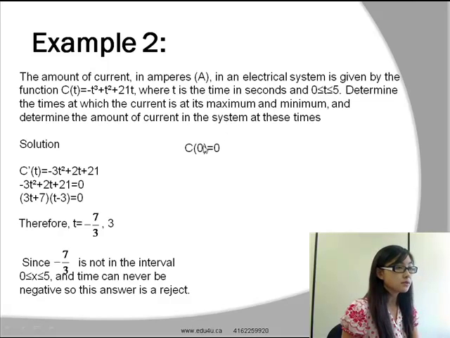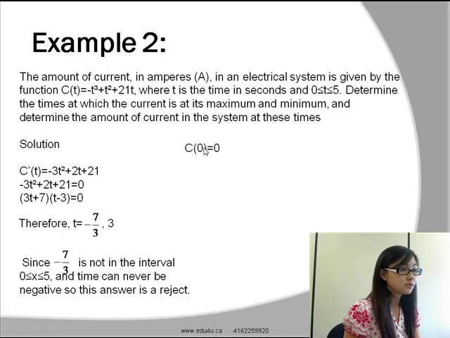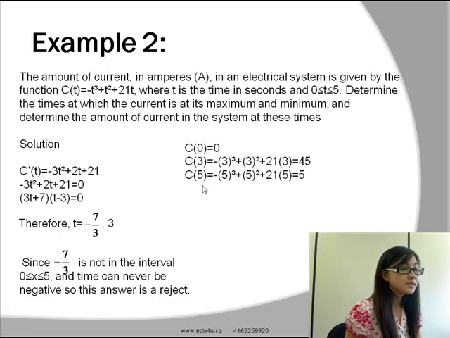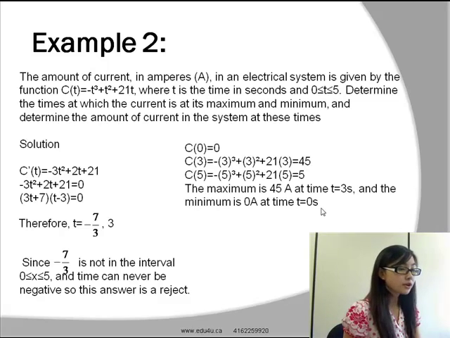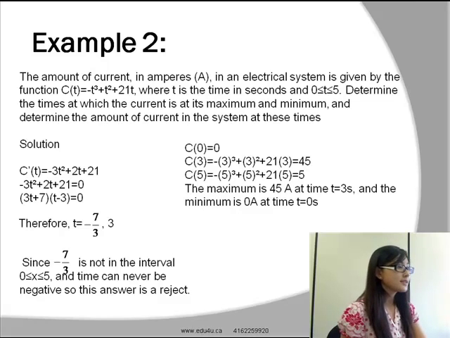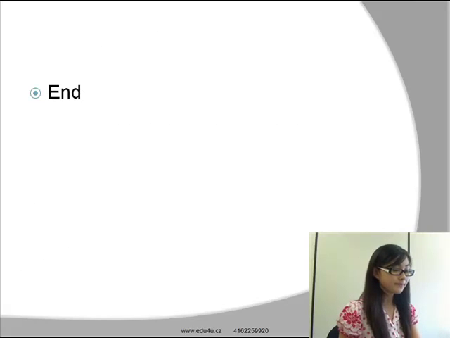So one of the endpoints is 0. When t is equal to 0, c of t is equal to 0. When t is equal to 3, and that's the answer that we calculated over here, c of t is equal to 45. And when t is 5, we get c of t equal to 5. We said that the maximum occurs at t equals 3 seconds, and it is 45 amperes, and the minimum is 0 amperes at the time t equals 0 seconds. And that's the